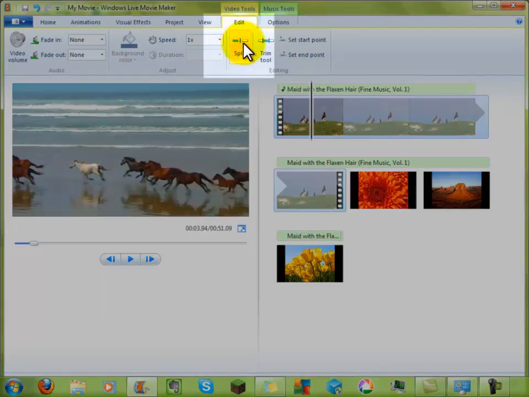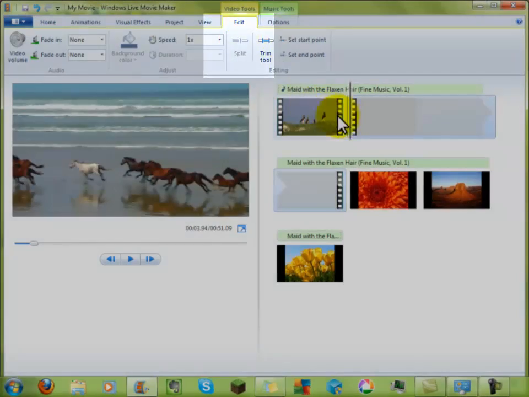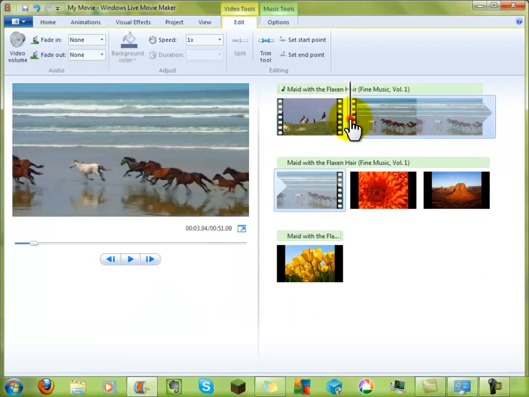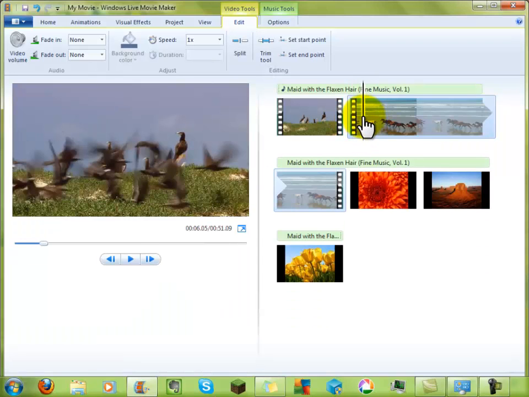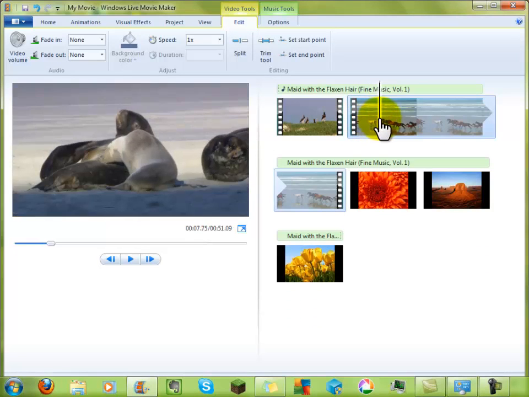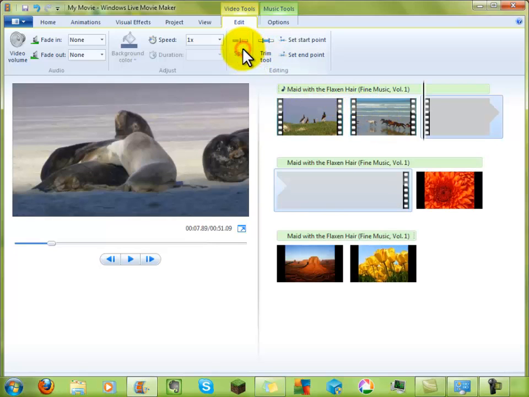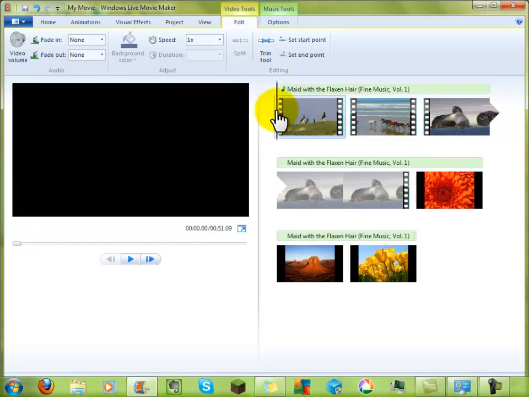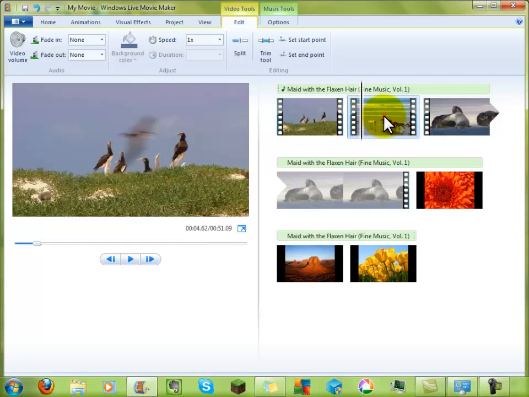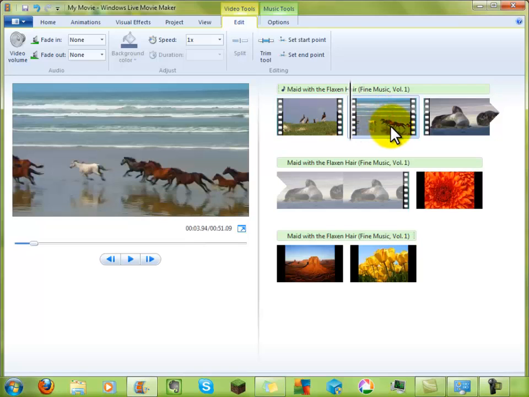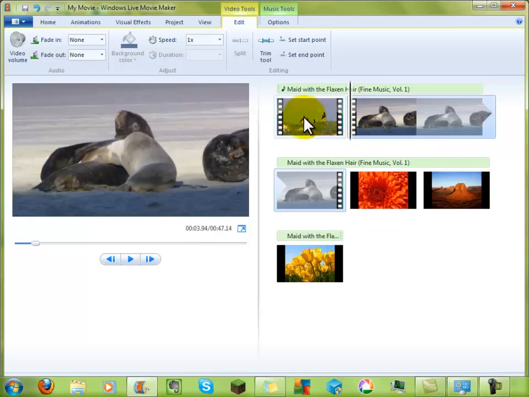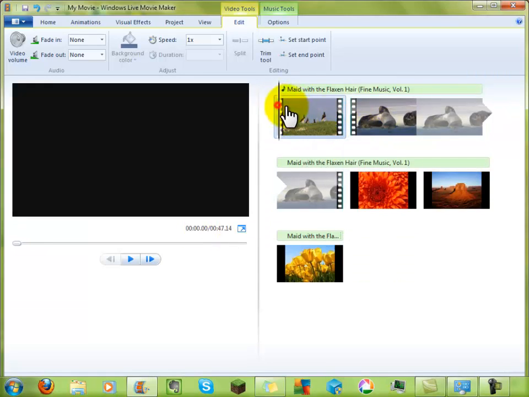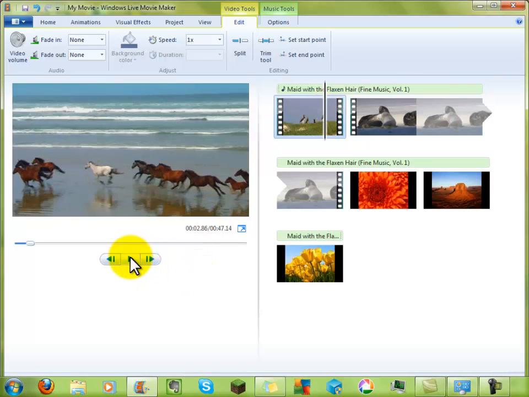and in Video Tools, click Split. This cuts the video in half. We can continue to drag our cursor through until the birds are done, and here we have some seals. We'll click Split again. We'll click on this middle clip, which has the tail end of the horses as well as the birds, and click Delete. Now, all we have are the horses